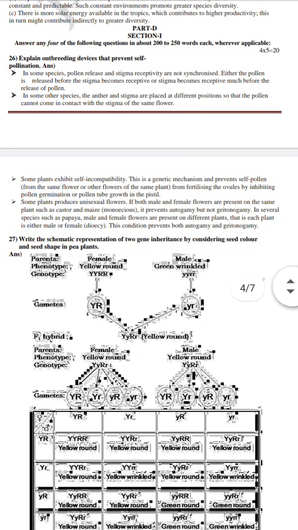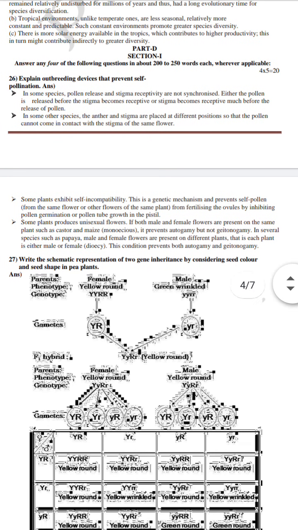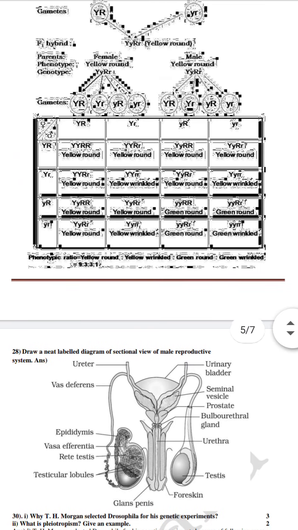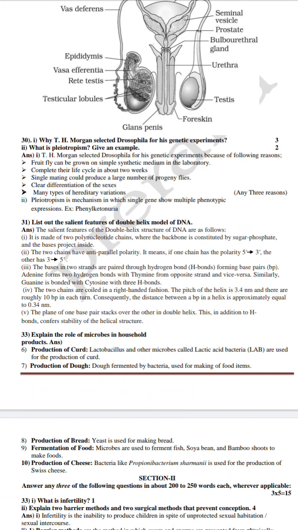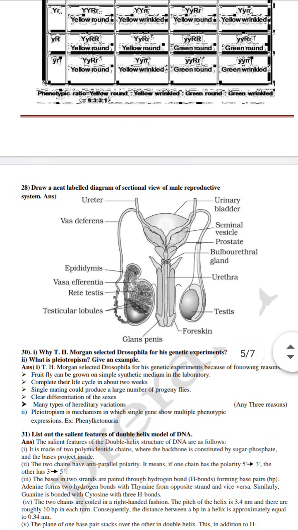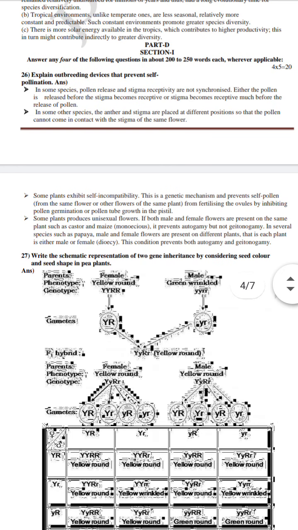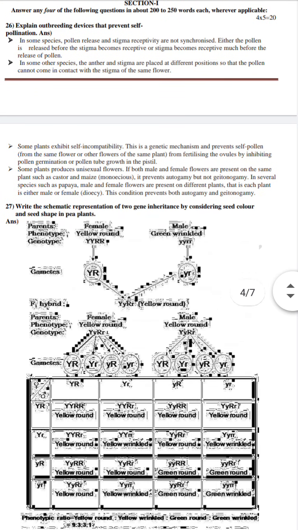Understand? So here 4 into 5 is 20 marks, section 1 for 20 marks and section 2 for 15 marks, together 35 marks. Understand? But here one more interesting point should be noticed. 5 mark questions are the easiest part, whereas students generally commit mistakes and get fewer marks. So I will give you some instructions in this video to avoid those mistakes, to get a good score in your final board examinations. So all the questions can be asked from the textbook itself.